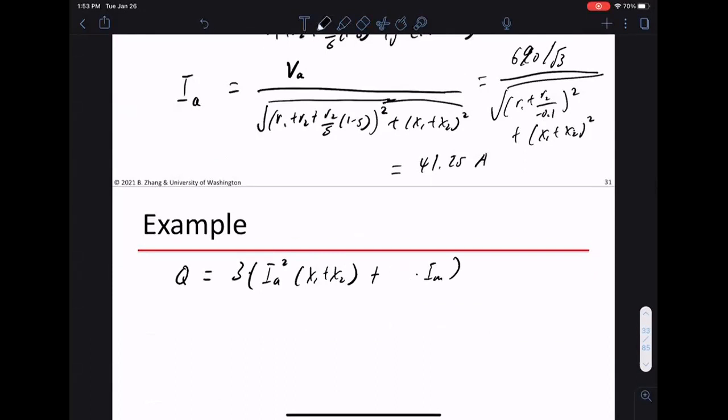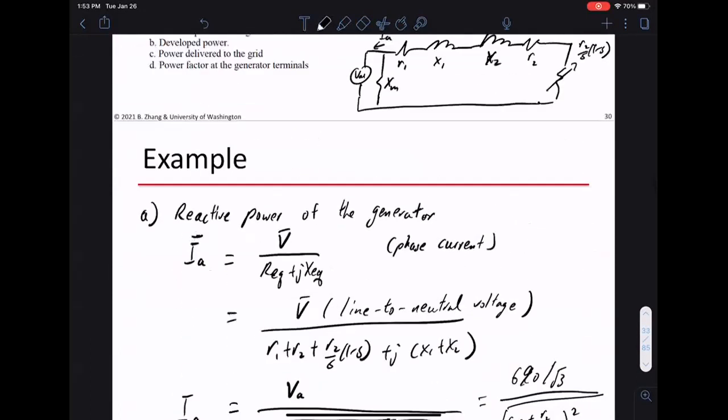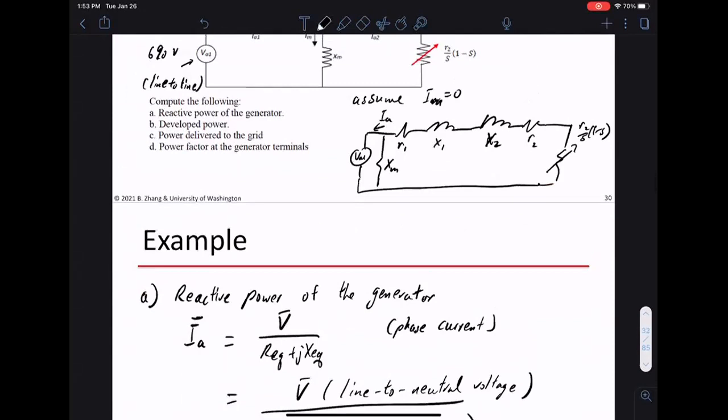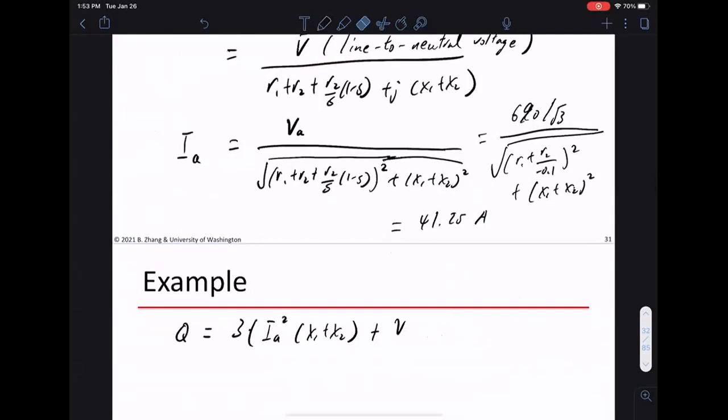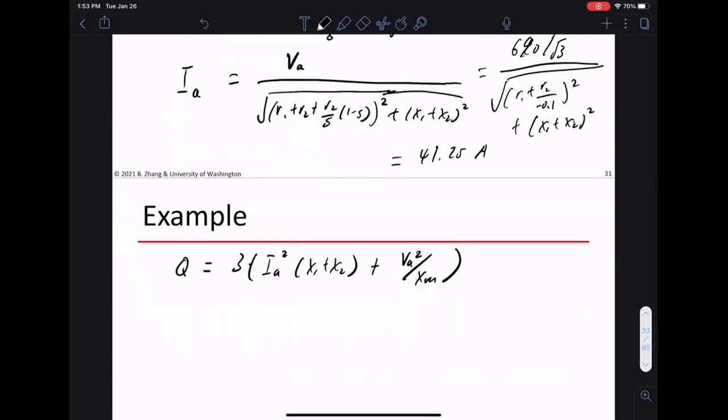Right, so I also have a shunt at the beginning. So I have Va squared over Xm. Right, so I have a shunt, and now things in shunt, I have things in series. So I can plug in all those numbers. What I get is